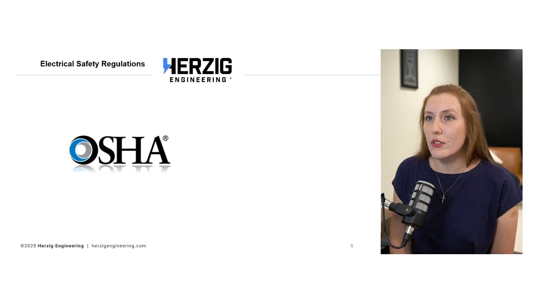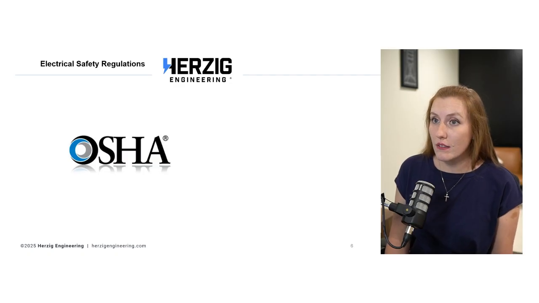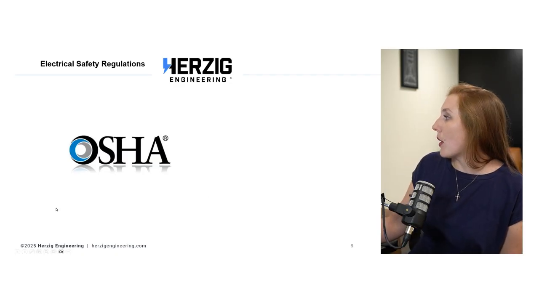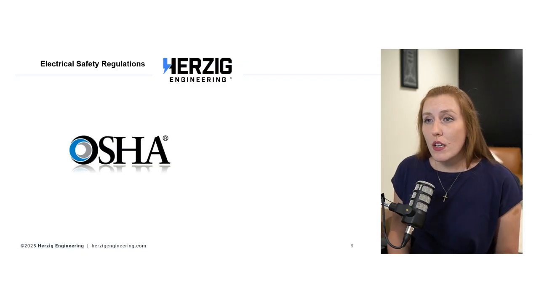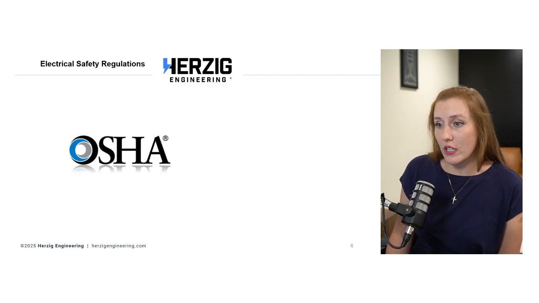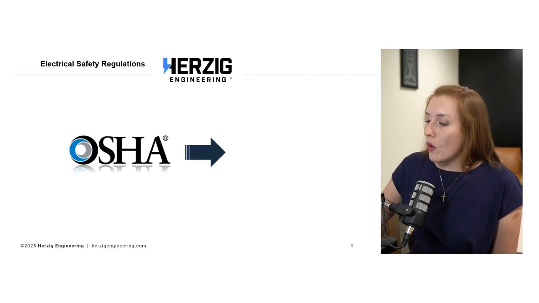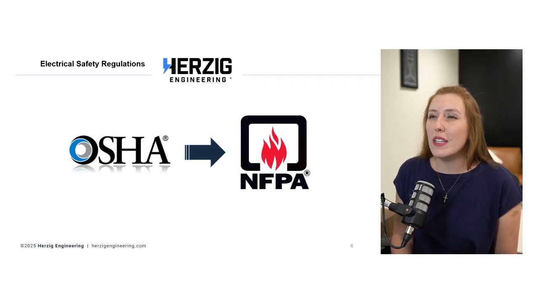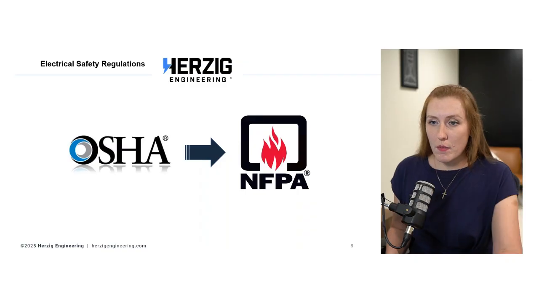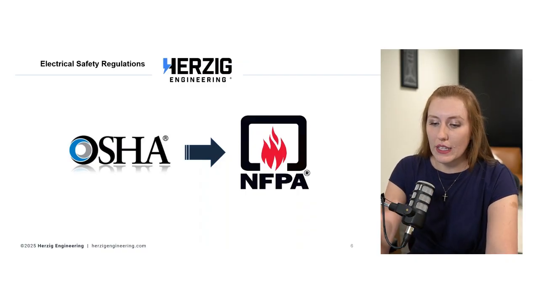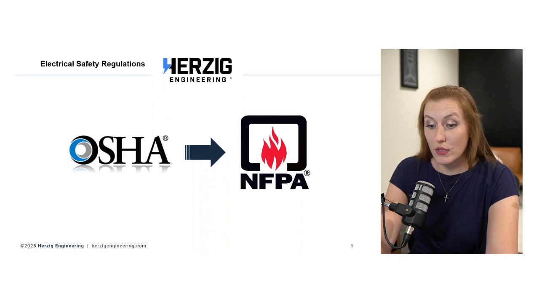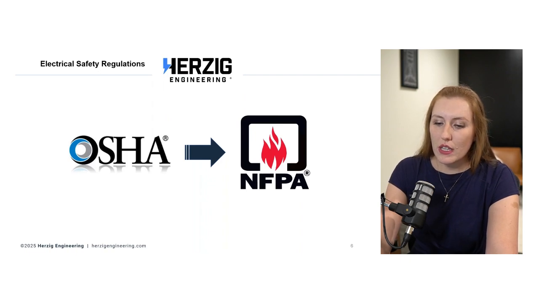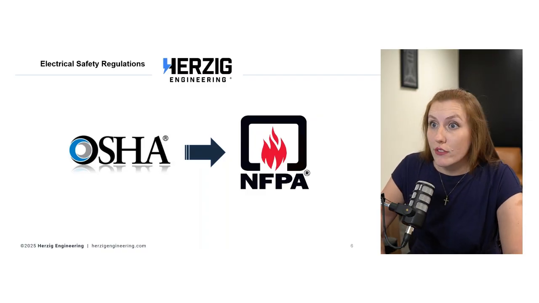When it comes to the electrical safety regulations, we have, of course, OSHA. So 1910 subpart S and 1926 subpart K for your general industry and construction industry. OSHA looks to codes and standards, mainly from the NFPA, for how to comply with those requirements. When we look at OSHA regulations, frankly, a lot of them are pretty outdated. And then you get to the NFPA standards, and they are updated every 3 years for the electrical codes and